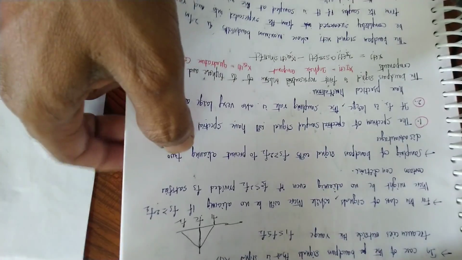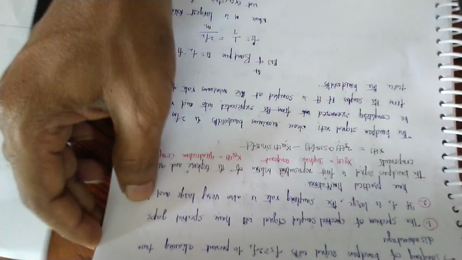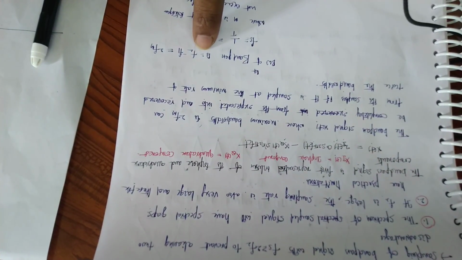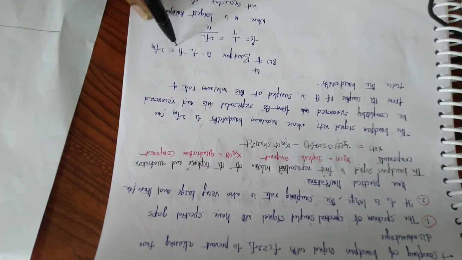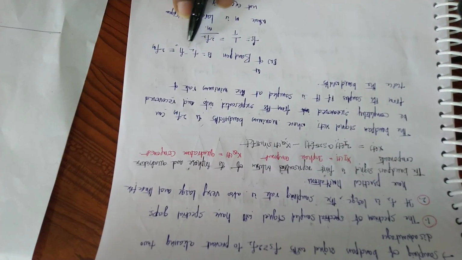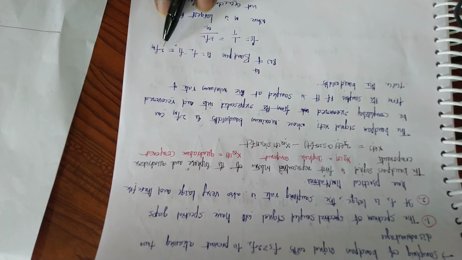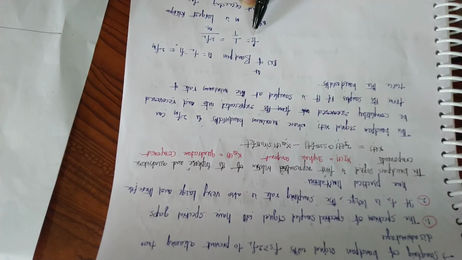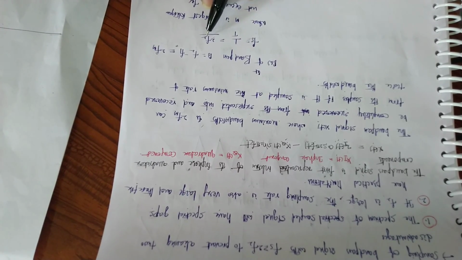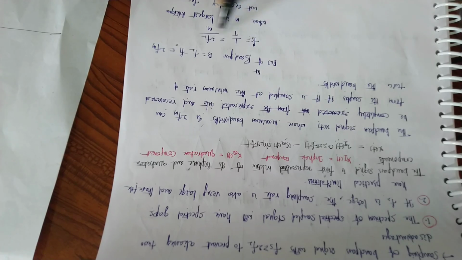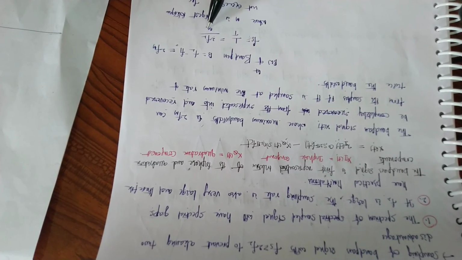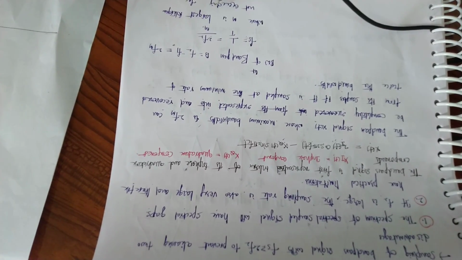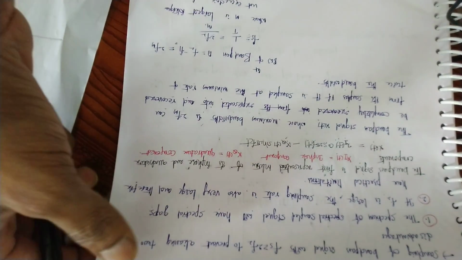So let us consider in this case the bandpass filter bandwidth B is equal to f2 minus f1. Here f2 is nothing but the maximum frequency, f1 is nothing but the lower cutoff frequency, therefore 2 into fm or 2 into maximum frequency. Therefore here fs is equal to 1 by T, that means fs is the sampling frequency, therefore we know that fs is equal to 2f2. Therefore sampling frequency fs is equal to 2 times the maximum frequency divided by m, where m is equal to a large integer,